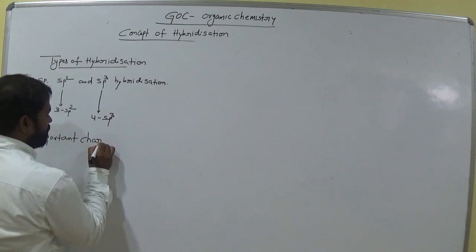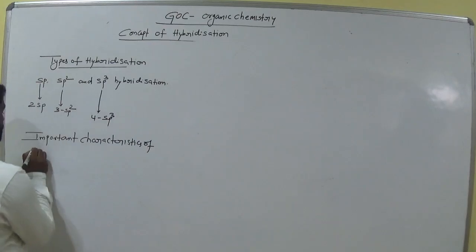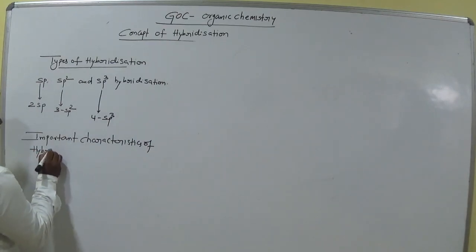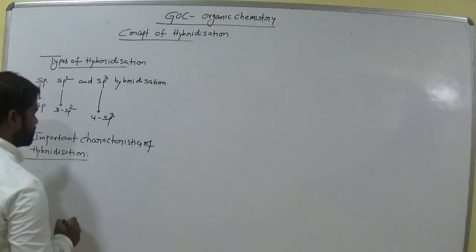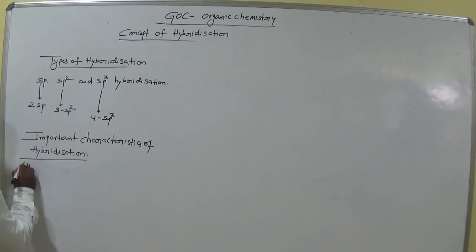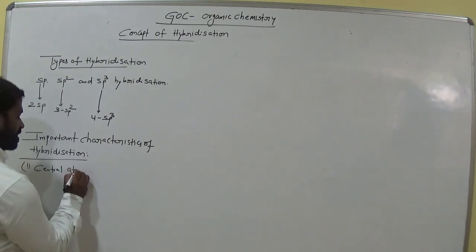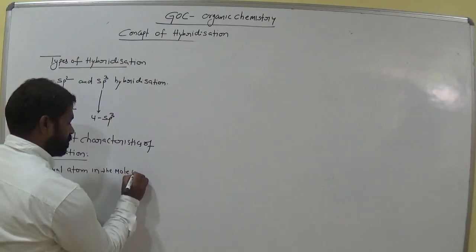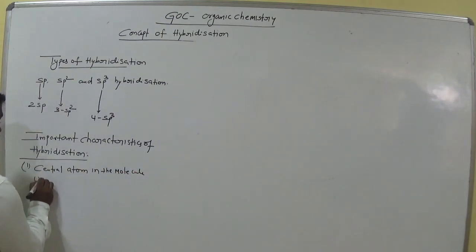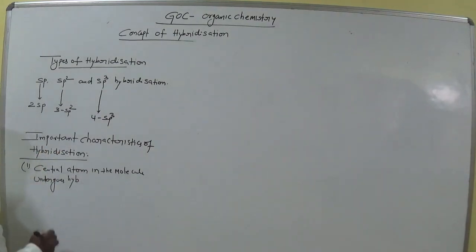Important characteristics of hybridization. See the first point. The central atom in the molecule undergoes hybridization. For example,